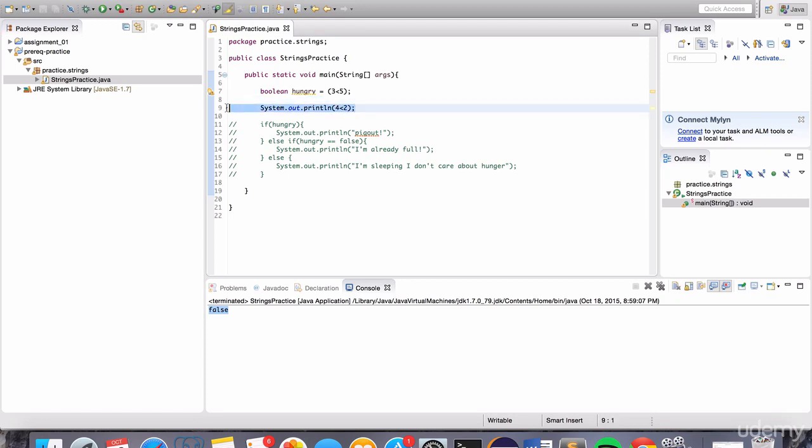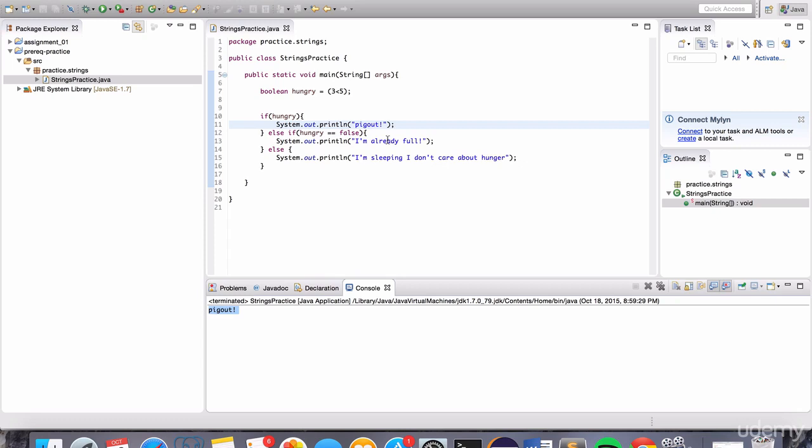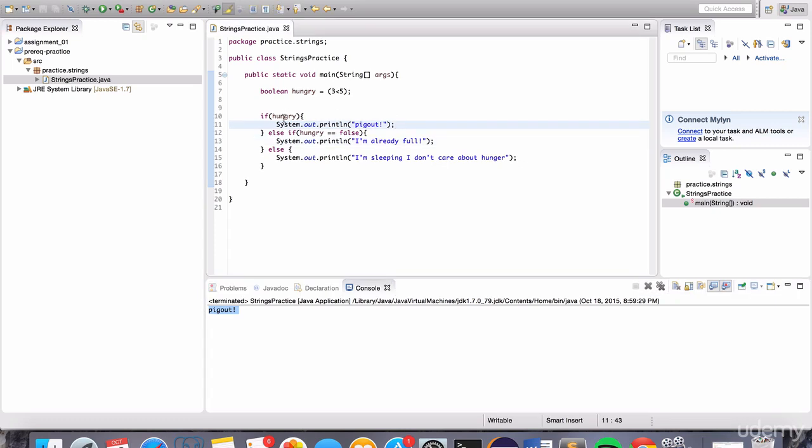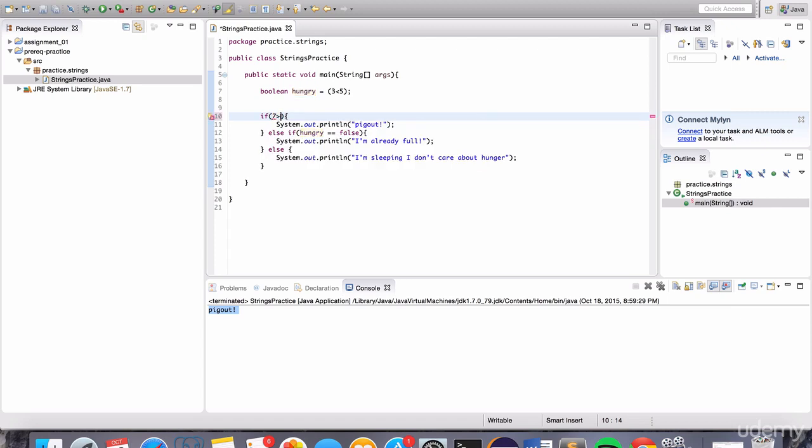All right. So in the case of hungry, I'm assigning this particular expression, 3 is less than 5, and of course it is. So this expression is going to evaluate to true, and we expect this first condition to pass. So let's hit the play button, and of course it's saying pig out. So inside of these if statements, we can have expressions. We can say 7 is greater than 4. If 7 is greater than 4, and it is, then of course this part is going to run,